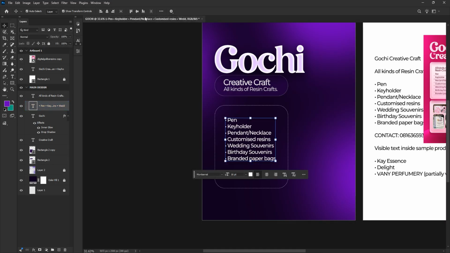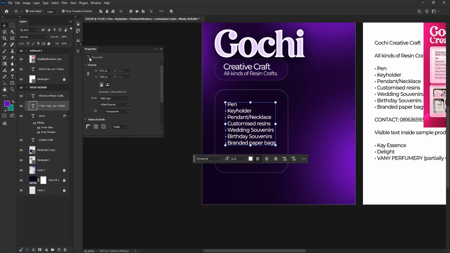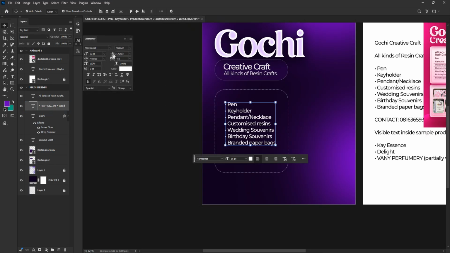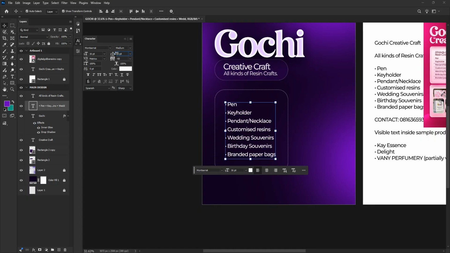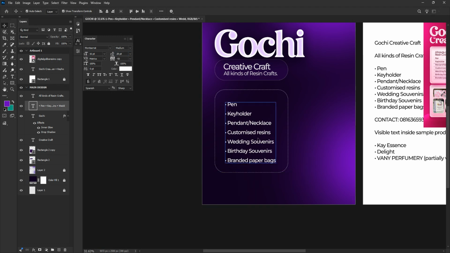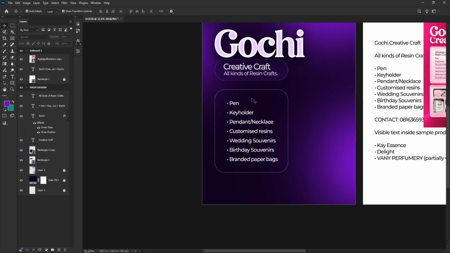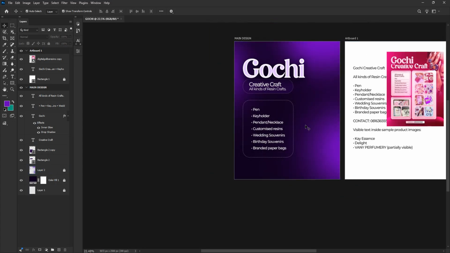So we can increase the, what's it called, the line height. Right, you see that? All right, so this looks good already. So I actually would want to add some arrows here, but I feel I should leave it like that. I will leave it like that. So let me see if we can add some